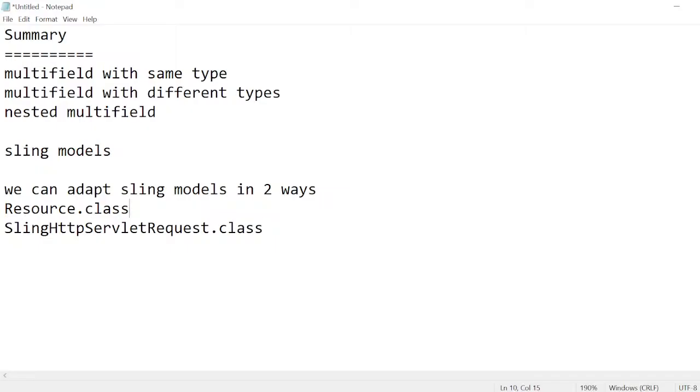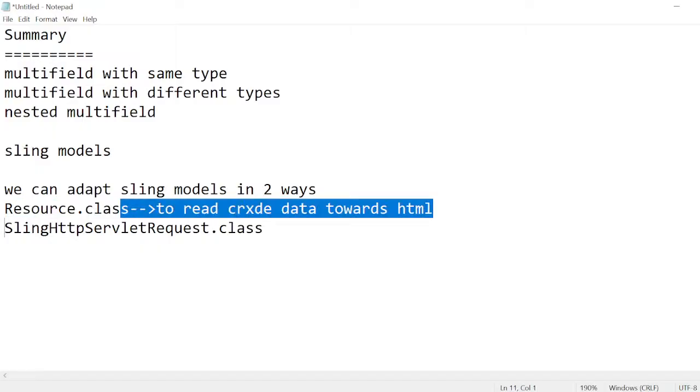When the requirement is that we want to read the CRX data towards the HTML, then we can go ahead with the Resource.class. To read the CRX data towards the HTML, we will go with the Resource.class, and SlingHttpServletRequest.class